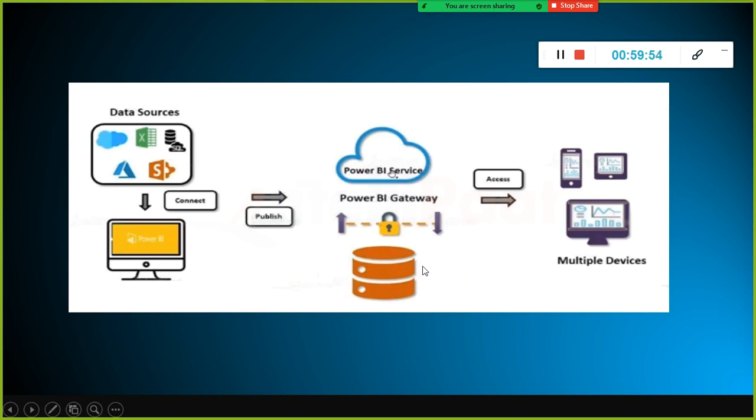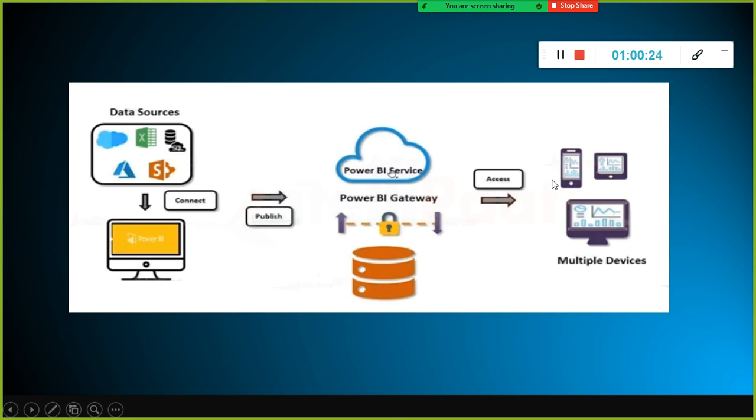You can schedule the automatic data refresh on your report using the BI Gateway. Deploying it on cloud itself is not sufficient. You need to make sure that the data in the dashboards and reports is refreshed automatically on a scheduled day or time, right? So for that, the gateway is very much important. Hope you understood the components at a high level.